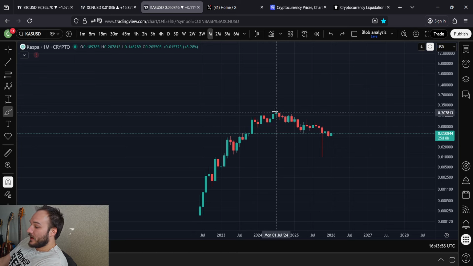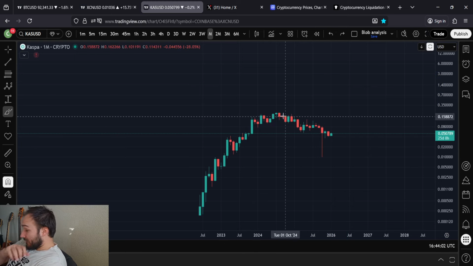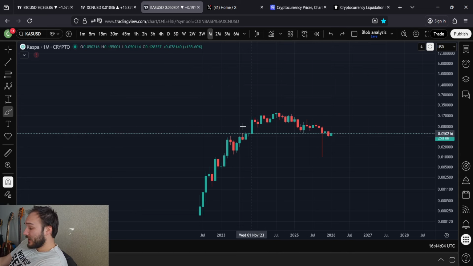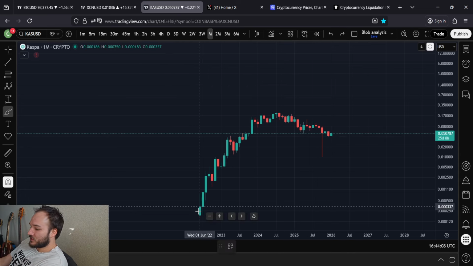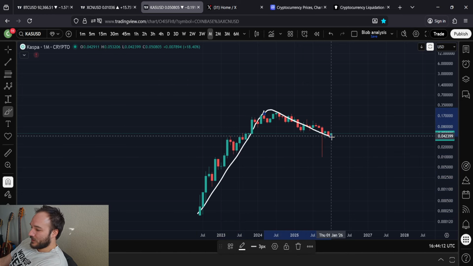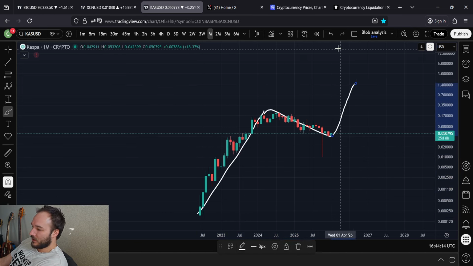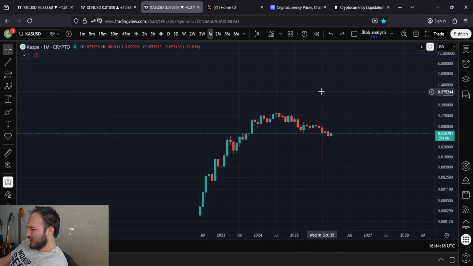That doesn't mean that it's 1 year down and then you just move up immediately. But the fact that you consistently move down for about a year and a half, that in itself, I think, constitutes a bear market. Kaspa started its bull market without the rest of crypto. It started its bear market without the rest of crypto. It can start another bull market on its own. It's kind of interesting how it really does move independently of crypto.